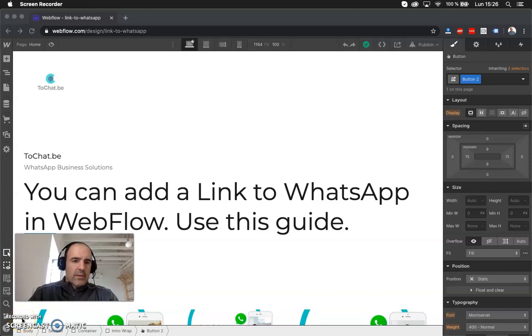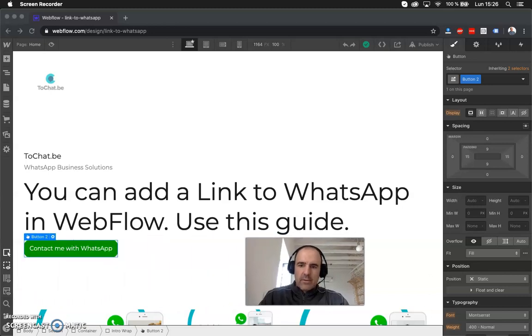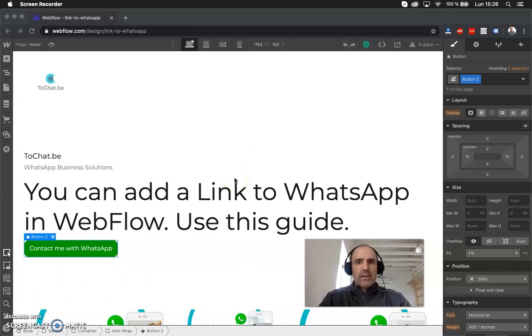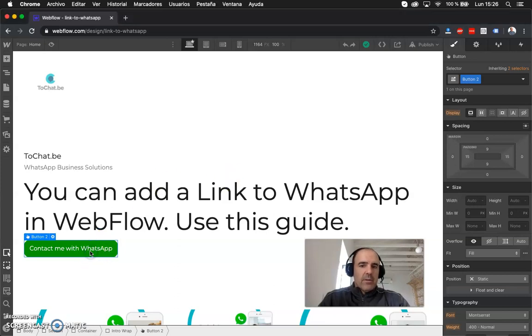How to create a WhatsApp button in Webflow. This is the Webflow editor, and here you can create a WhatsApp button like this one, just using the link to WhatsApp